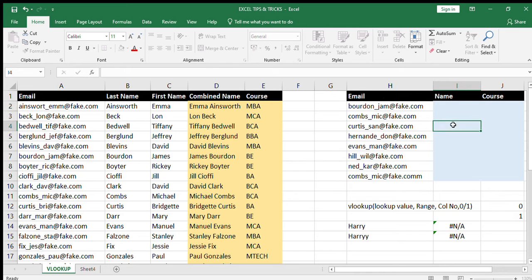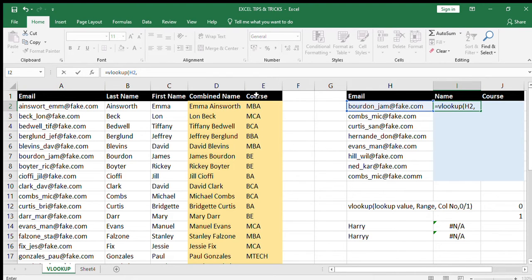I'll just select a cell over here. Go to the function tab and write equals VLOOKUP. If you have noticed, as soon as I write VLOOKUP, I automatically get the format of the function. So let's choose the value which I have to look up. I have to look up email IDs. So I will just click on the email ID, comma, range. I can either select a table or I can select a column.